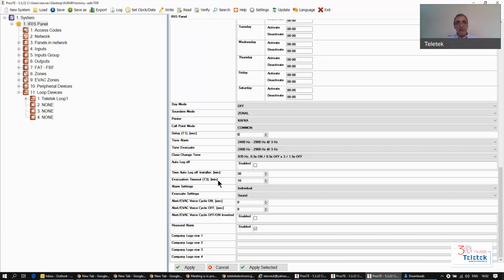So if you set up this time, T3, to 10 minutes... If you set it up to 1 minute, what is the panel reaction going to be? You get a fire from floor number 3. The sirens in floor number 3 turn on. And after 1 minute, all the sirens in the whole building will turn on